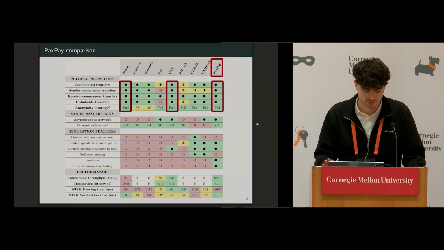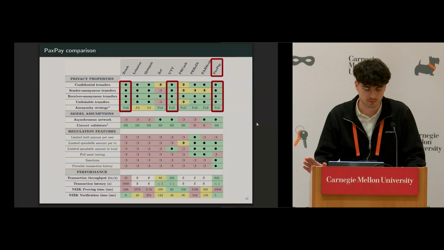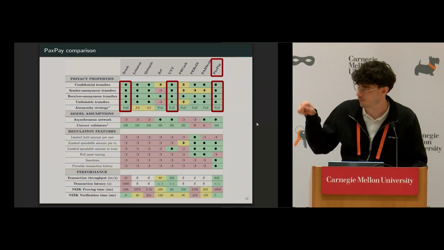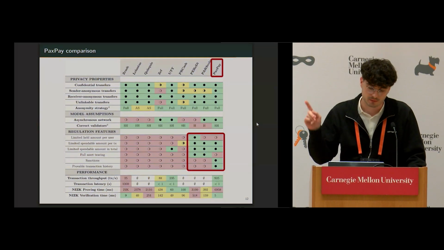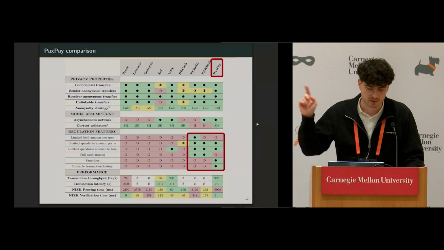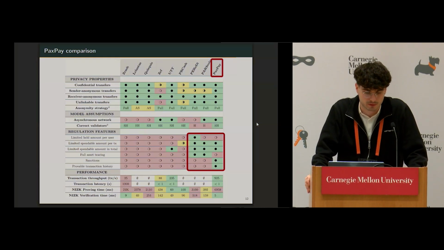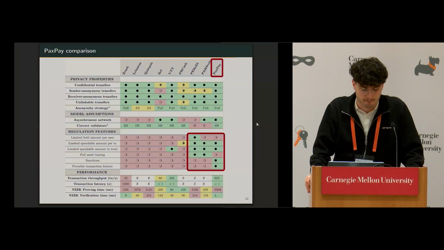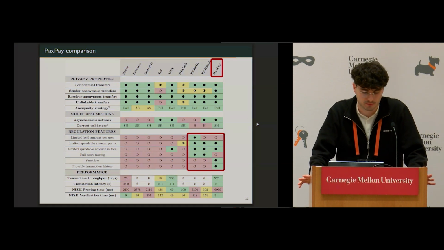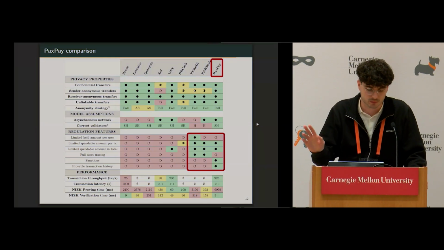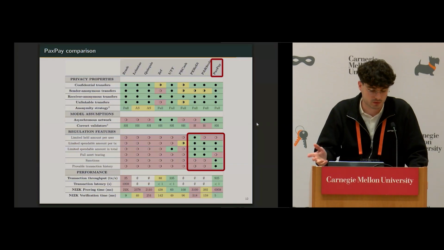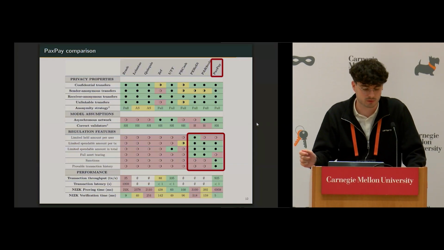For the privacy properties, we can just state that we granted the highest standards of privacy, as for Zcash and another payment system called UTT. For the regulation features, we mainly compared to the last two payment systems, Parity and Parsecoin. We decided not to implement a feature called full asset tracing that was implemented by those two papers, and we replaced it by the sanction mechanism and provable transaction history.